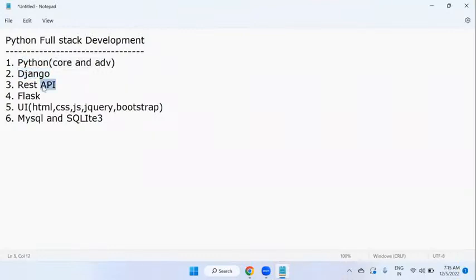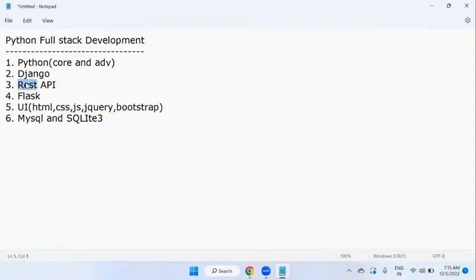It's an extension subject of Django. Using Django along with Python code, we are going to generate APIs, application programming interfaces. That too, this API is going to be generated by REST architecture, representational state transfer. This is REST architecture. Nowadays, most of the programmers in real time are going to generate APIs by using